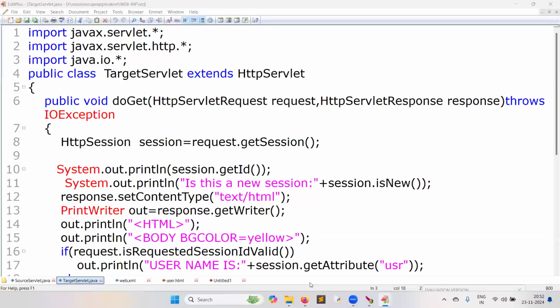I already shared the notes, today's notes. Any questions from your side? Most welcome. The code you watched, I shared it.